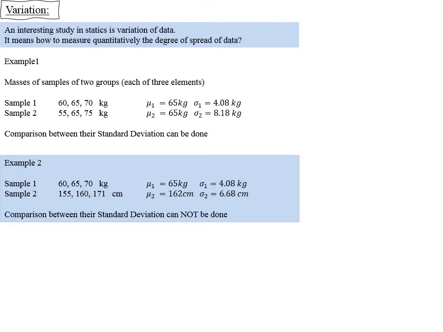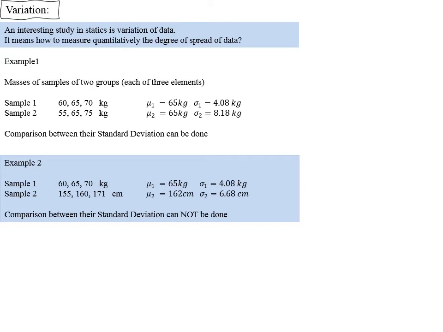Now, the purpose here is why we need coefficient of variation. Coefficient of variation is different from standard deviation or even variance. If I have two samples with the same measure, like in kilogram, and I calculate the mean, perhaps the means are the same, then definitely we can't say the two data are the same. If we work out standard deviation, they have two different standard deviations, but because the units are the same, comparison on the basis of standard deviation can be made on the variation of data.